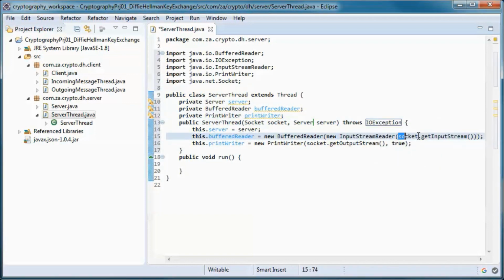So first we do socket.getInputStream, and then we use that instance to pick up an input stream reader, and we use that to pick up a buffered reader. And also we use the socket to get an output stream, and we use that to pick up a print writer.